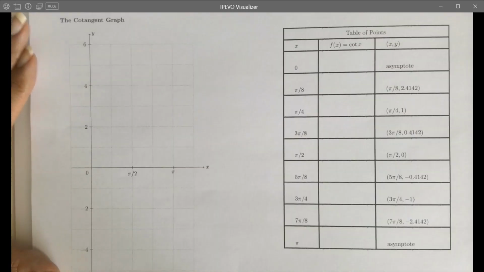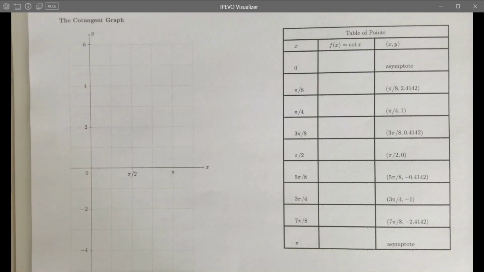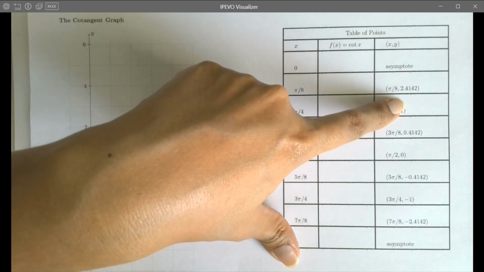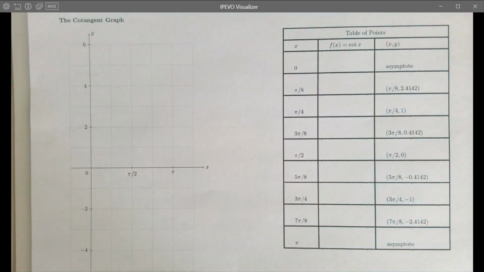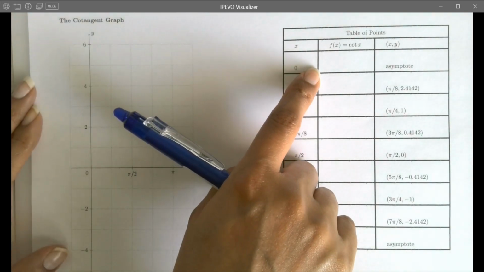So next we are going to consider the cotangent graph. And just like with the tan graph, they've already provided for us the x values they want us to plug into cotangent and the expected y values. So we're just going to verify maybe the first half of them, and then the rest we're going to trust that what they gave us is correct. Okay, but you can always go in and verify by either using the unit circle when appropriate or the calculator for any other time. Okay, so for cotangent of 0,